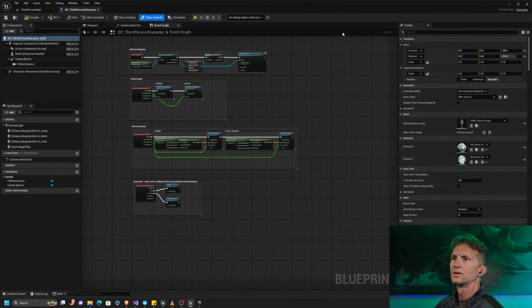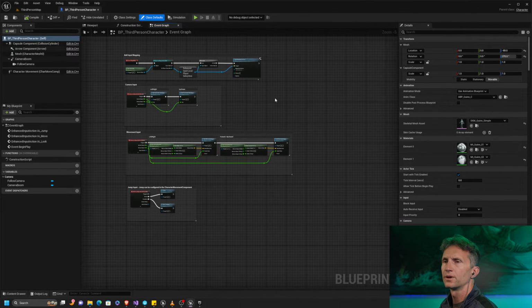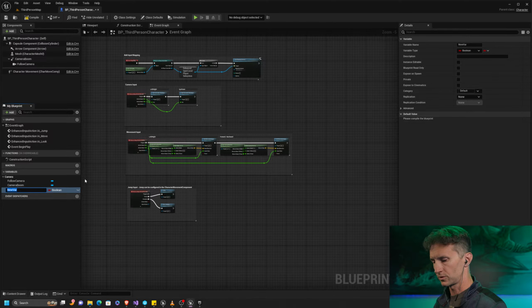Okay, cool. So here's our third-person blueprint. This is just by default when you create a third-person project. And what we need to do to start with is create a couple new variables to help us track this health. And this is going to be the quick, fast, how do you set up health in 5 minutes for a character type thing. So let's do that. We're going to create a variable called health by clicking the plus sign over in our